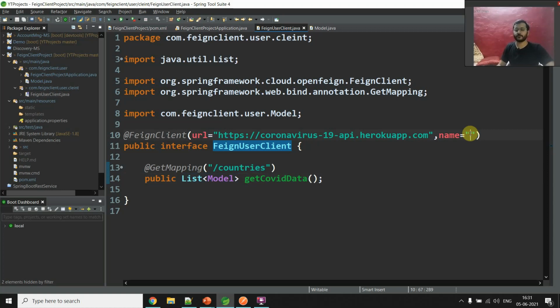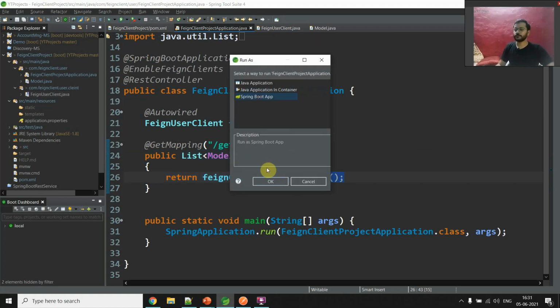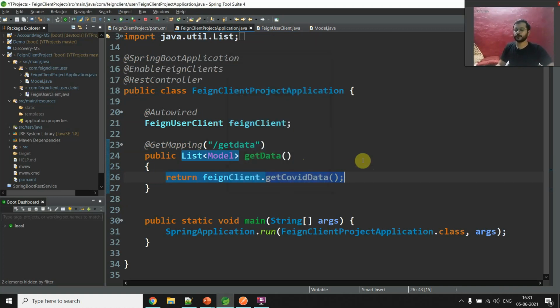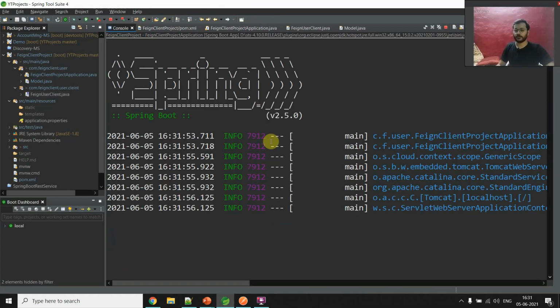Let's see, first we will give anything here, Feign. Okay, so Spring Boot application. Now let's see, it will run up and running.